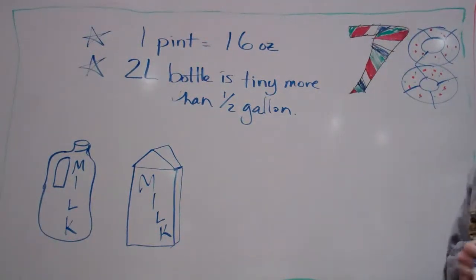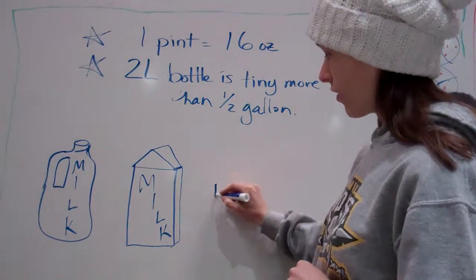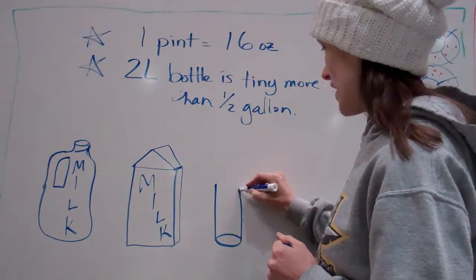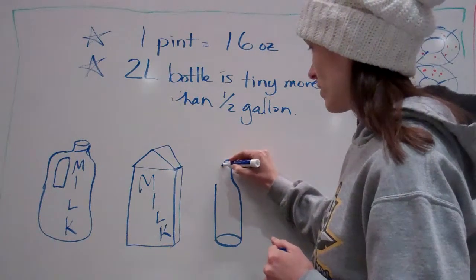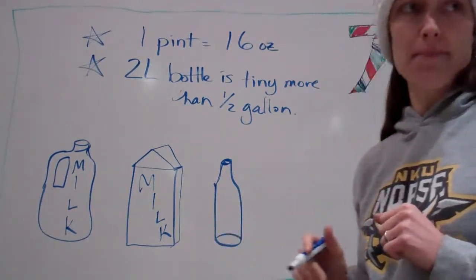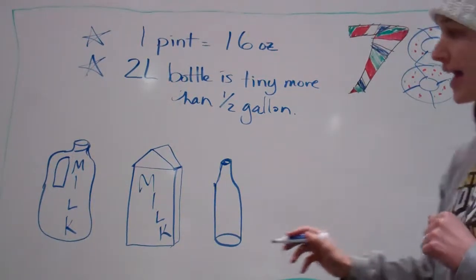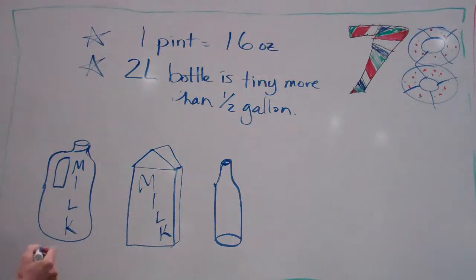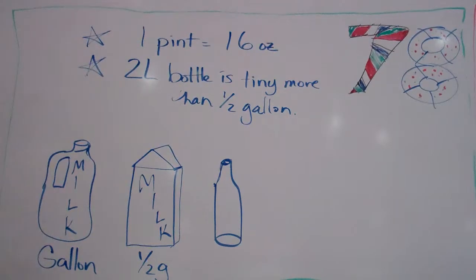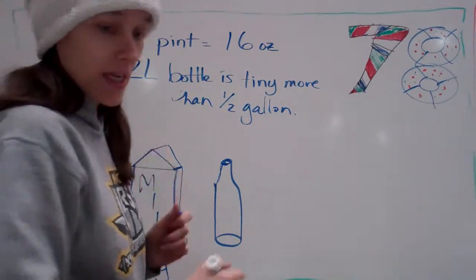Okay? And then we have something that y'all never see anymore, which I don't either. It's something they used a long time ago. Bottle of milk that the milkman used to bring by. I still see them, except that they're like bigger. Okay? So let's go and label these 3. This one's my gallon. This one's my half-gallon. This one is my quart,